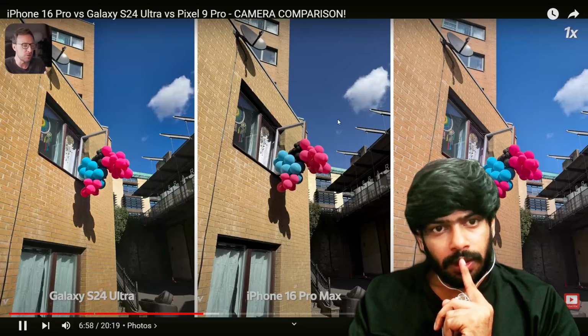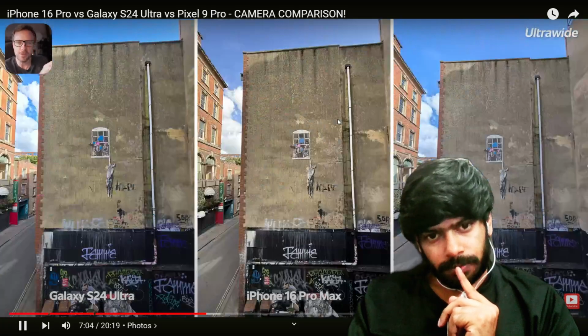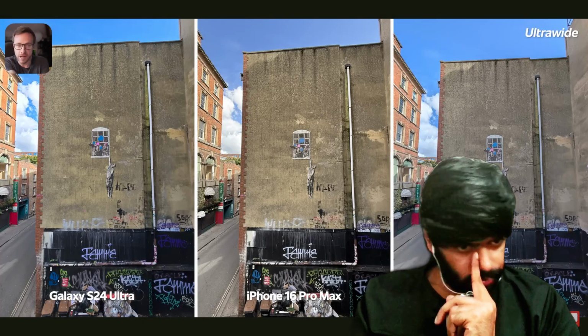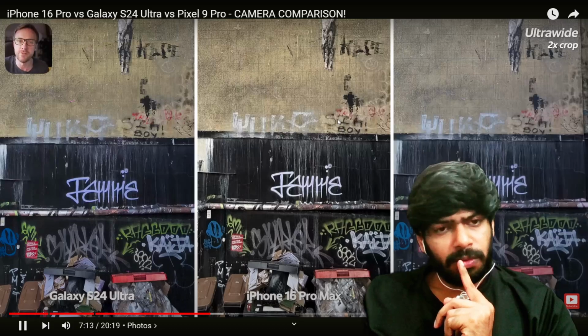But there is an element of what photos you choose. Are you having to zoom in and pixel peep to see the differences? And also just the हाँ भाई कोई सा ही फोन ले लो, तीनों मस्त है। subjectivity of it all. But have a look at this Banksy here in Bristol, and more specifically that graffiti below it. But what I'm finding both in bright and low light फॉरेन में यार कितनी अच्छी अच्छी जगह है, इंडिया में जगह ही ना मिलती है ऐसी फोटो खींचने की। is that the iPhone's white balance is very aggressive, and it